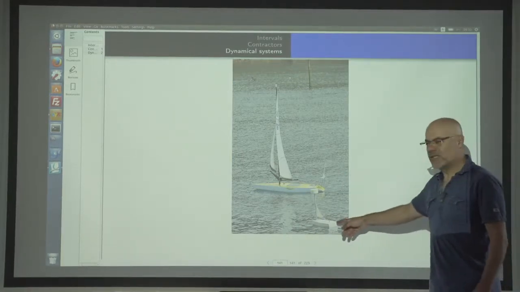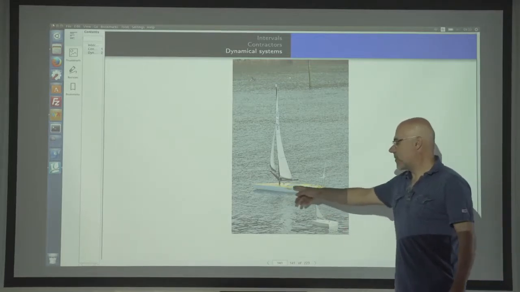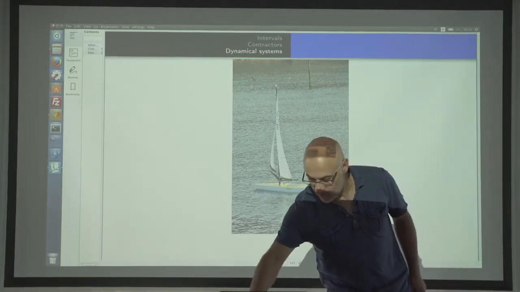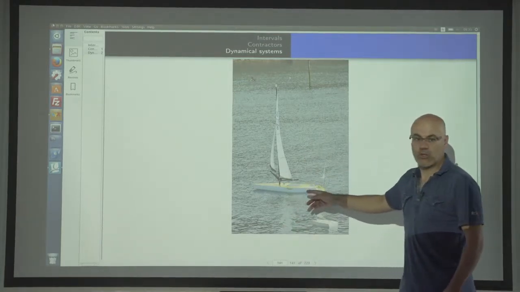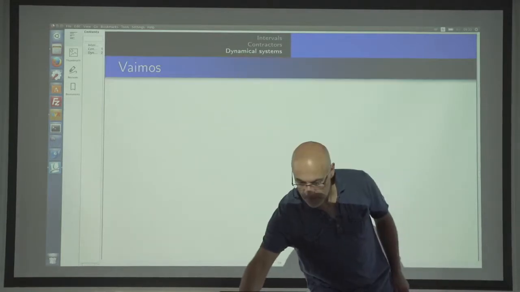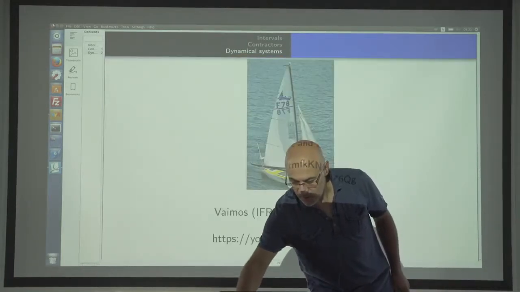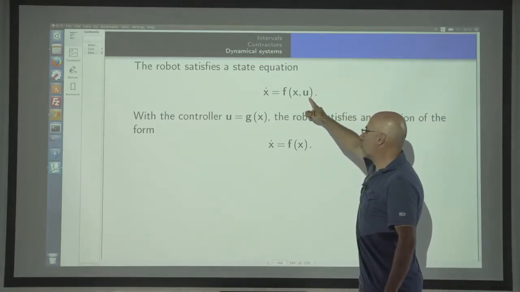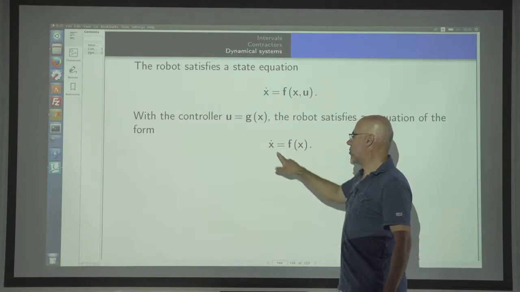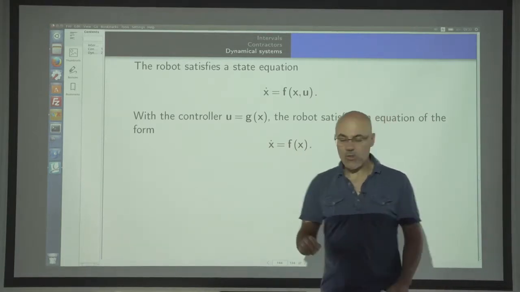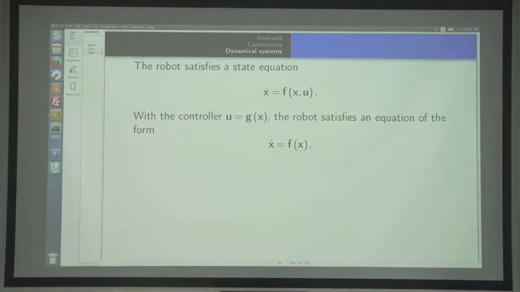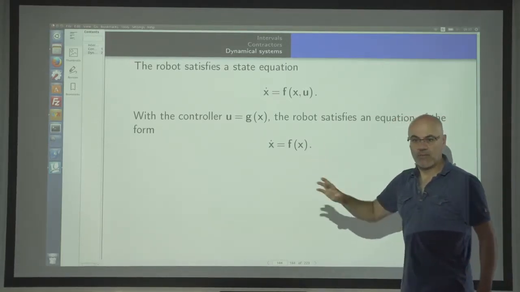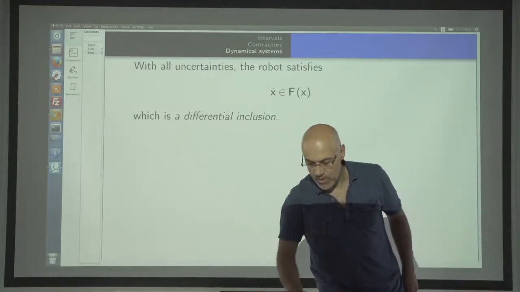So we made some very small boats. We made VAIMOS with Ifremer. So this is VAIMOS. And then we started to develop methods, not to cross the Atlantic Ocean, but to collect measurements. We saw yesterday some videos. It is an autonomous system, as soon as you have a controller. For simplicity, I will assume that I have this, but it's the same for the methods we'll propose.